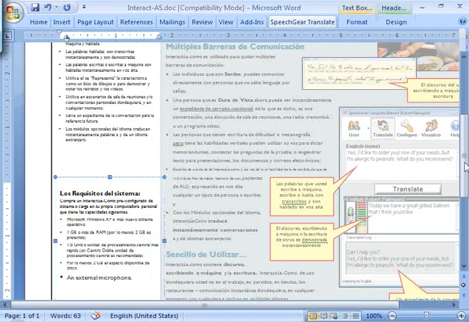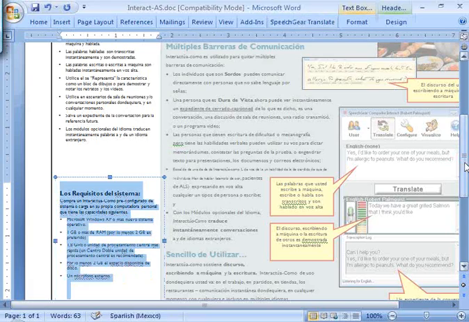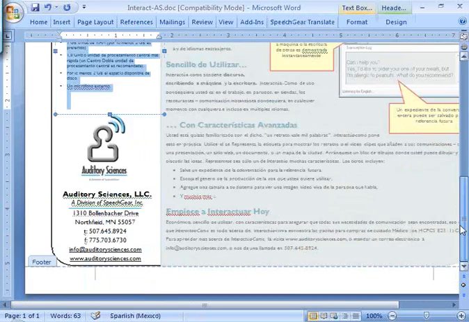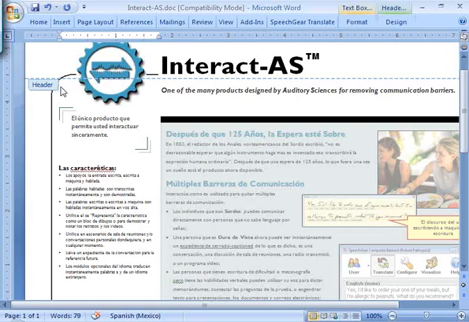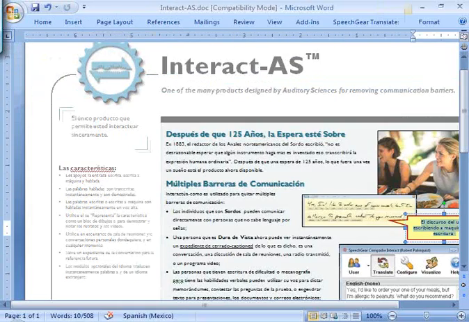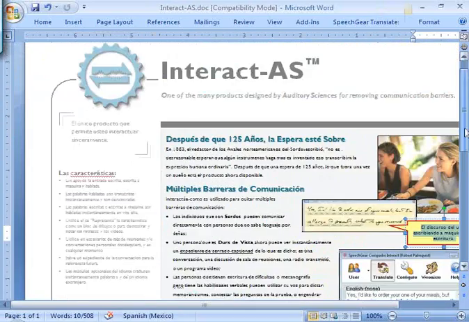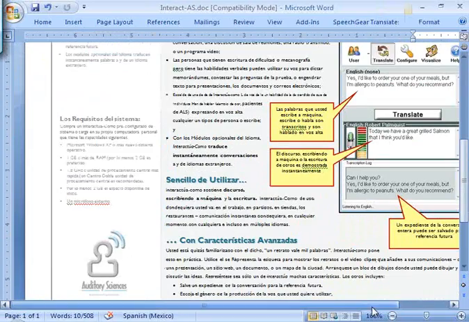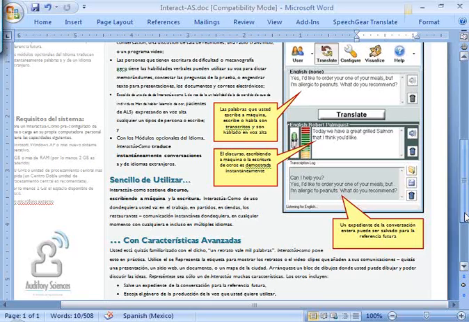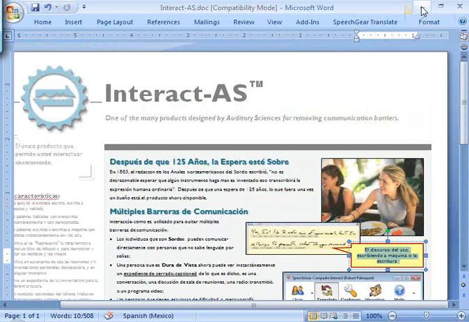So we'll let this finish up here, and I don't know how long it took us to translate this entire document, but I suppose if I was doing it without talking, I could have done that in about 20 seconds, something like that. And with that, I have a translated version of this quite complicated document. And so again, just part of the capabilities. Let's jump back over here to the